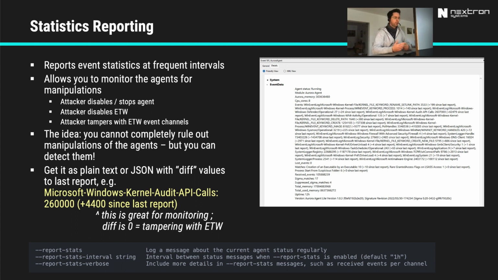So every hour you would get that information on the running agent, how many events it has observed, how many Sigma rules are loaded, how many Sigma matches it has had so far, and what you would also get is statistics on the observed events per event channel and the differences to the last interval, which is very cool because on the SIEM side you could then write